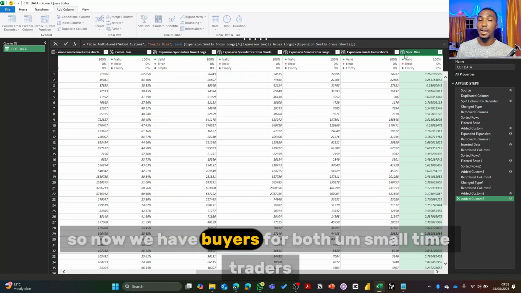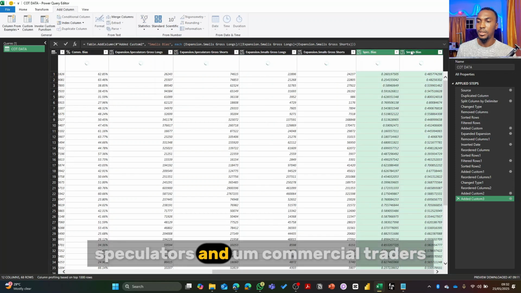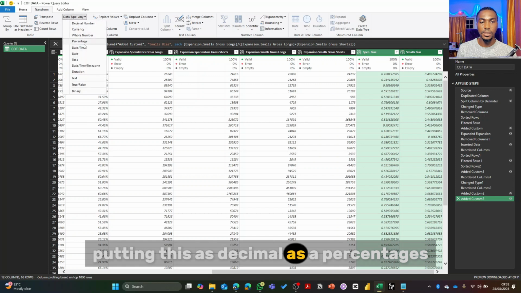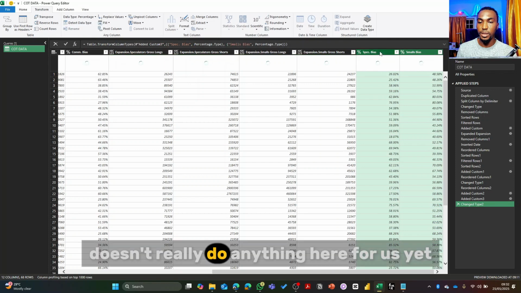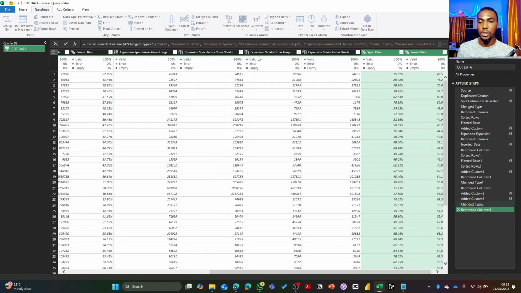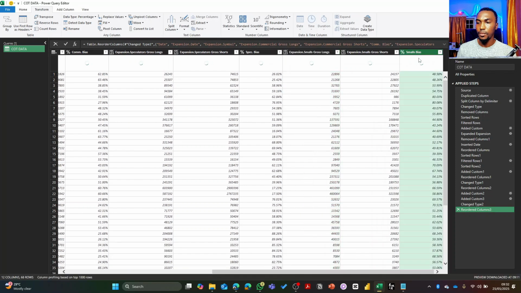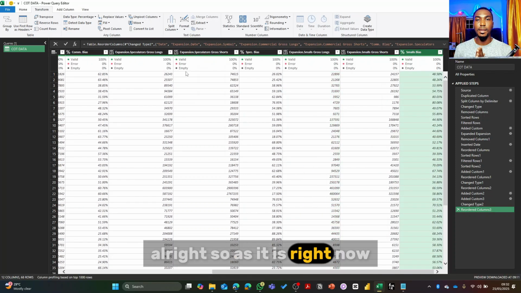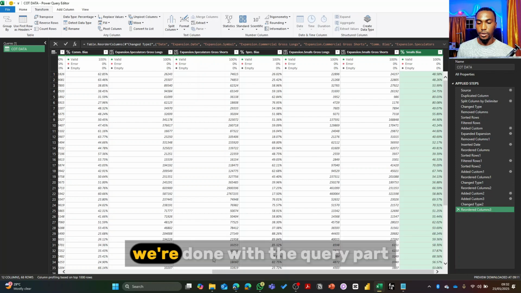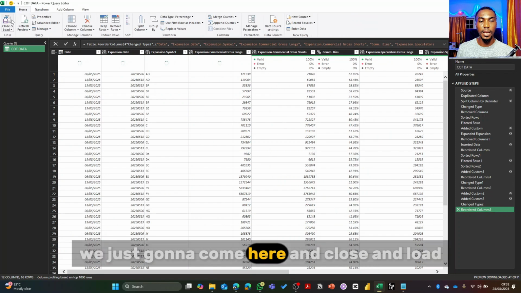So now we have buyers for small time traders, speculators, and commercial traders. Putting this as a decimal or as percentages doesn't really do anything here for us yet, because we still have something else to do after all of this. Alright, so as it is right now, we have everything we're looking for in Power Query. We're done with the query part, and all we simply do is come here and close